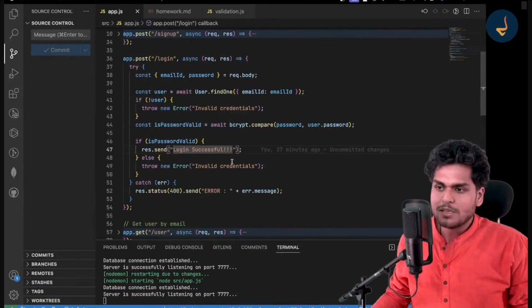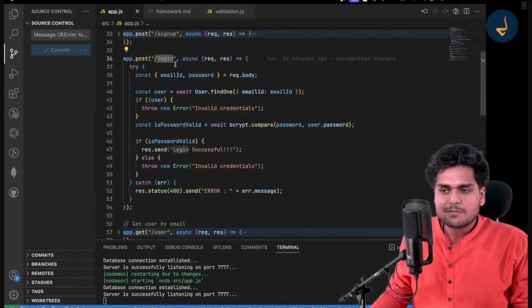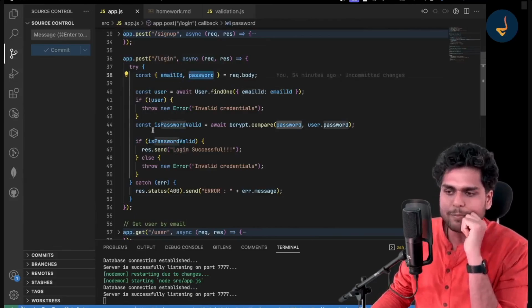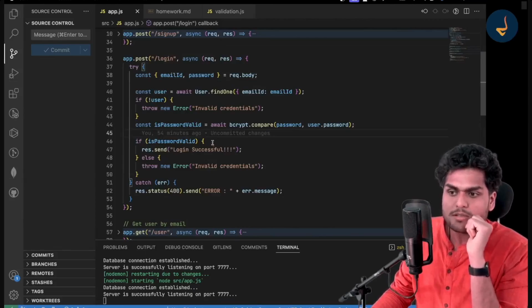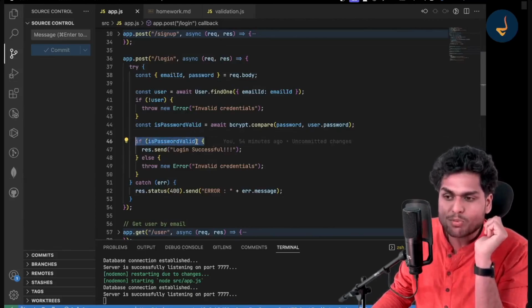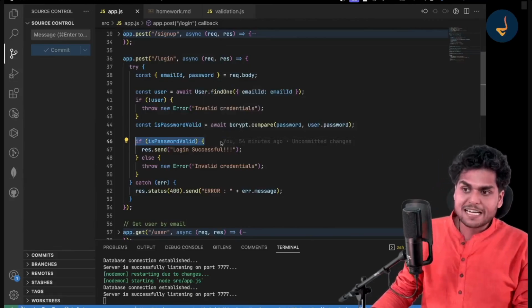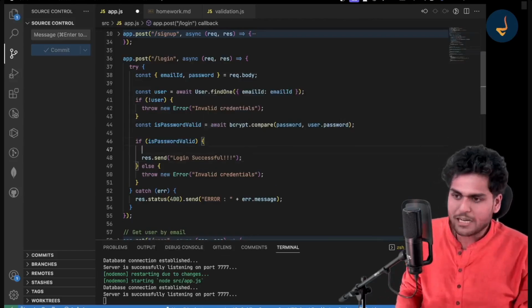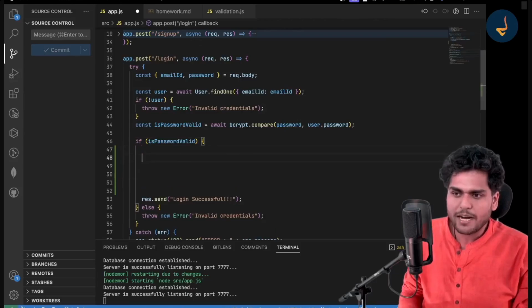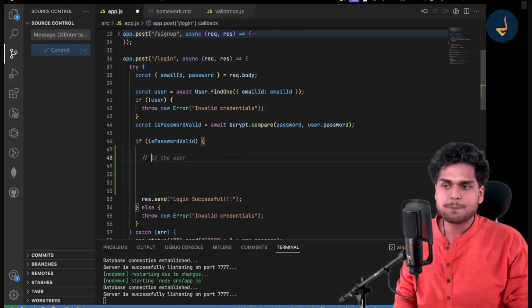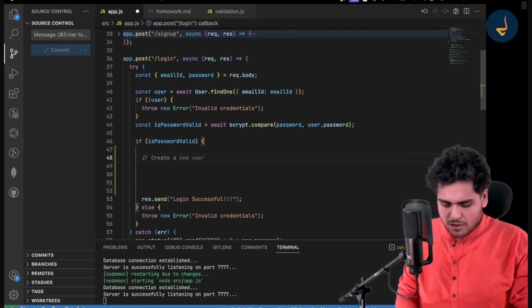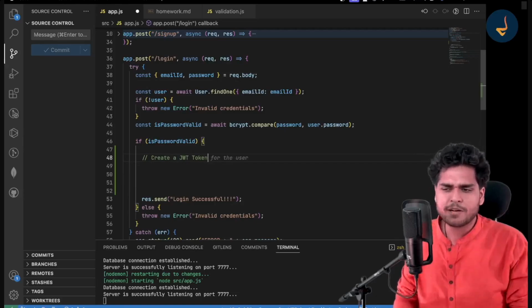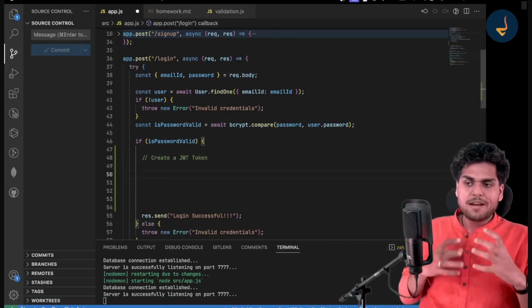as I told you, the theory, when you are logging in, right? When you are logging in, I will check the email ID and password if the email ID and password is validated. Suppose if the user email ID and password is validated, over here I will write all this logic of cookie and everything, right? What will I do? Let me just write the pseudo steps. I will create a JWT token. I will tell you that, okay, what is a token and everything, don't worry, right? And then when I create a token,